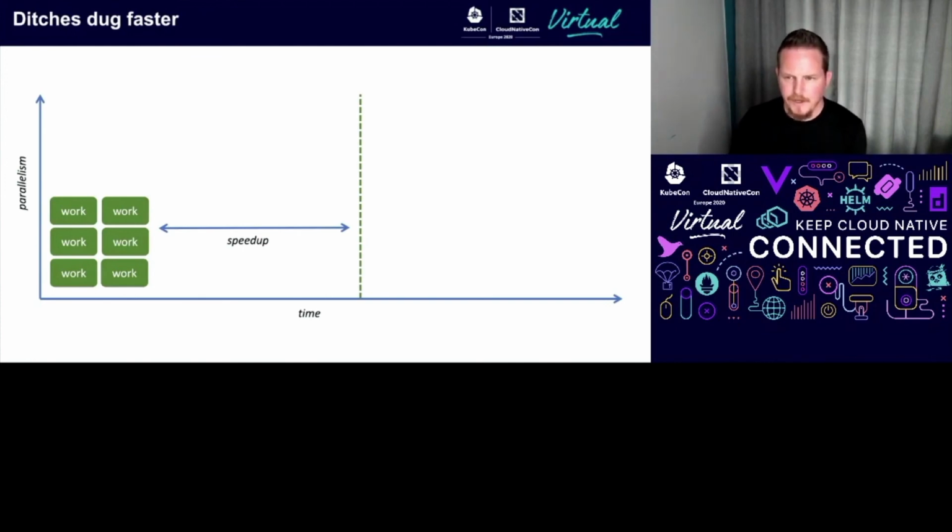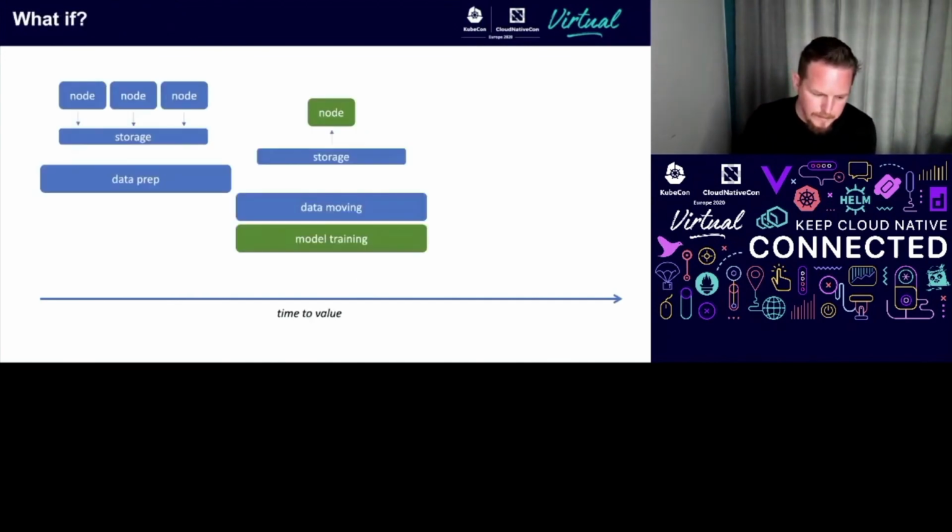So in addition to collapsing those two, the compute stage, or the training stage, and the data moving stage, could we also affect speed up to further reduce the training time, potentially going further than we would be able to otherwise? So if we have this collapsed model training and data moving step, can we parallelize?